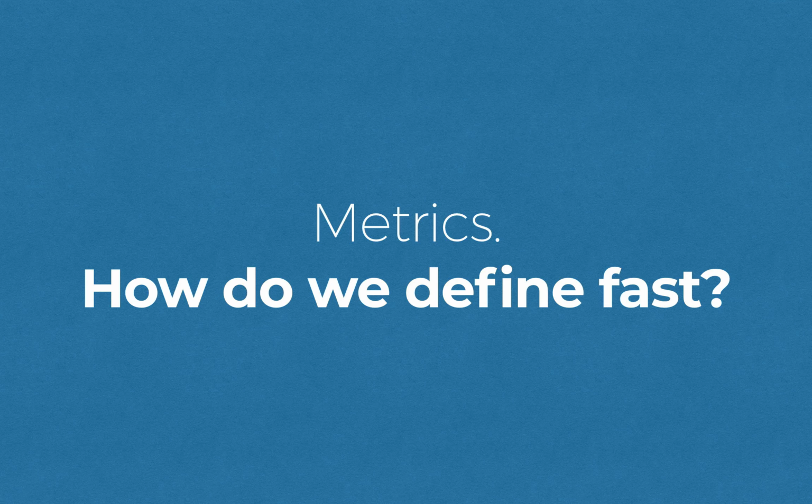All right, so metrics are how we talk about being fast. If we say a site is fast, what do we really mean by that? What does it mean if we say a site loads in 5 seconds? It's easier to talk about page performance when we have specific metrics to measure and inspect. A page can be fast in some areas, but not in others, and different problems cause different areas to slow